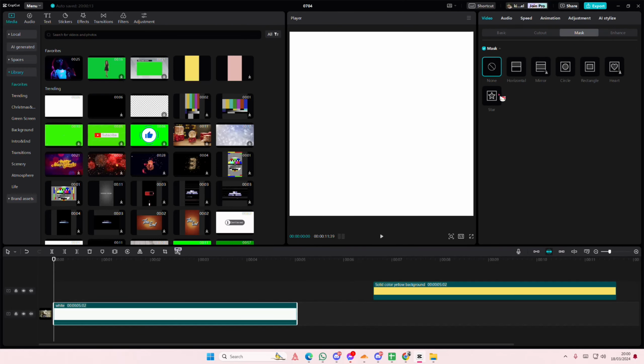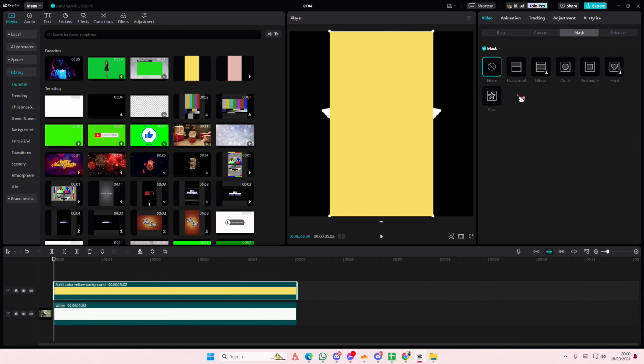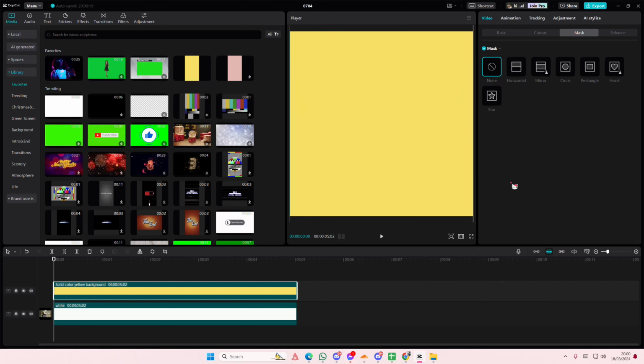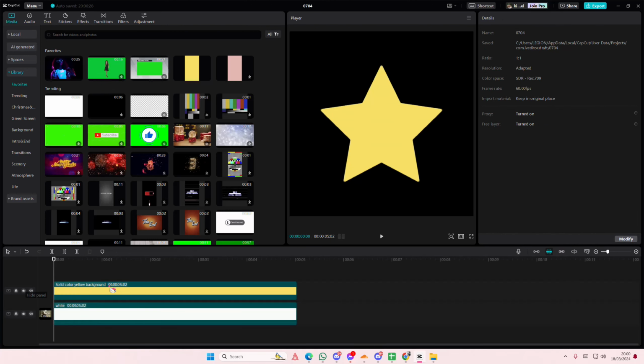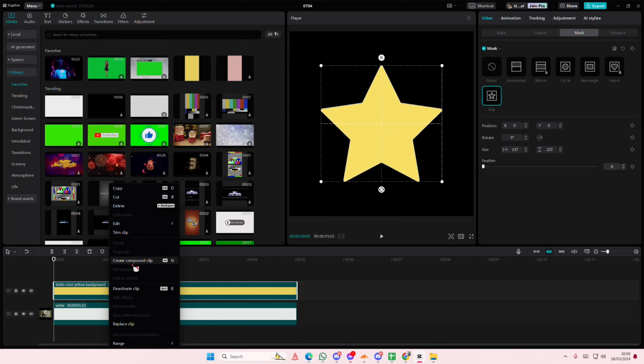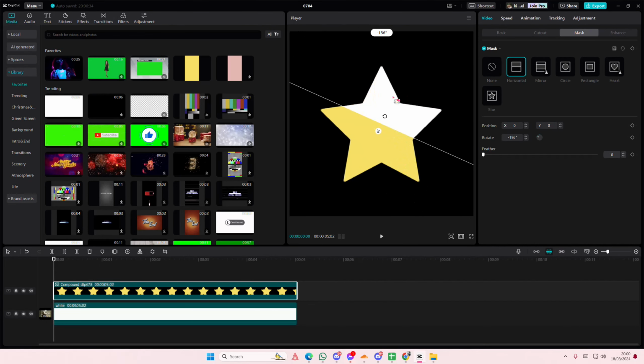go to mask, and I'm going to select the star shape. You can choose any shape that you want. I'm just going to also enlarge this, and I'm going to make it so that it's kind of the same size. Right click on the overlay one, create compound clip, and then select horizontal, and I'm just going to rotate